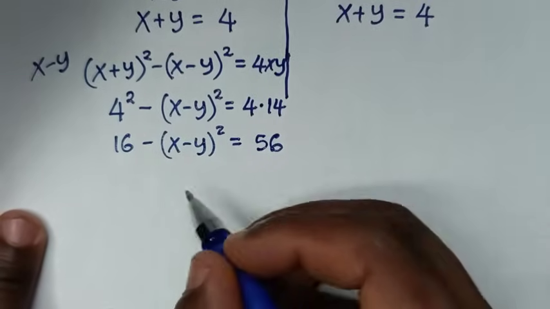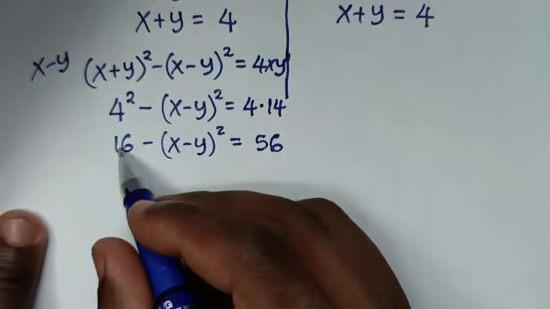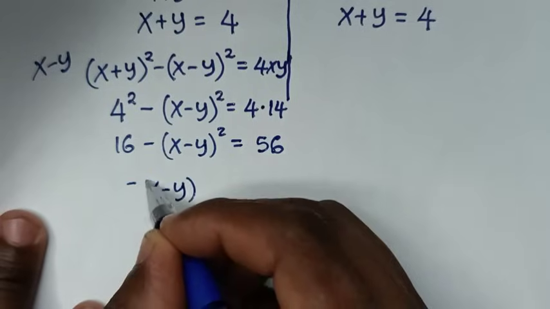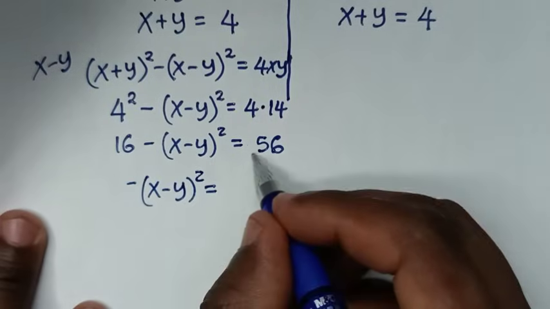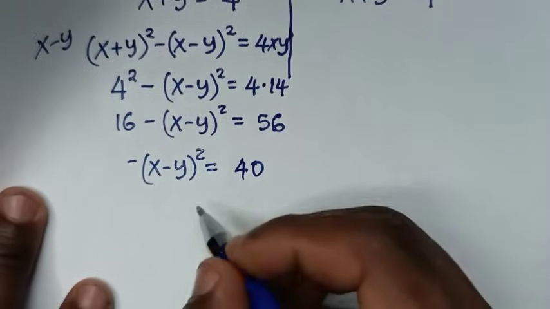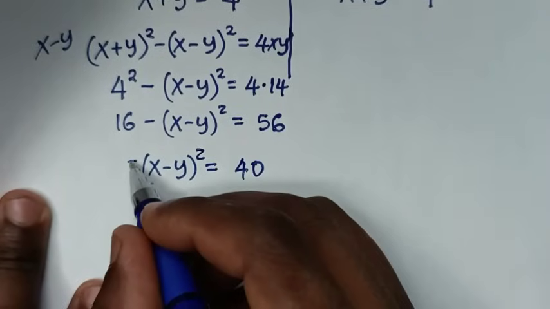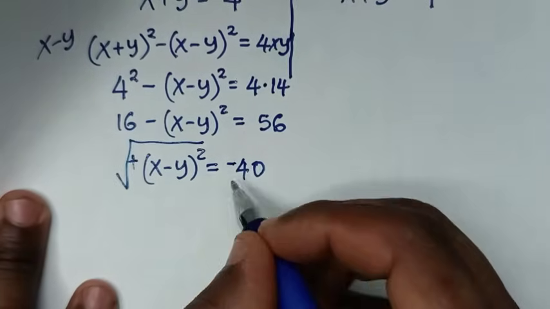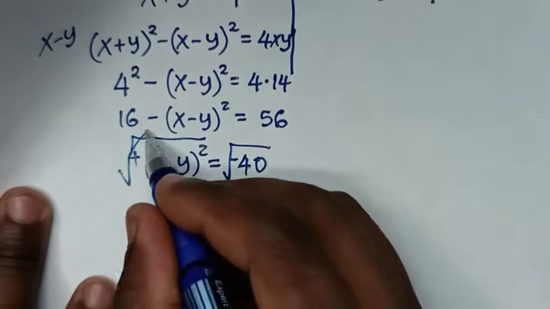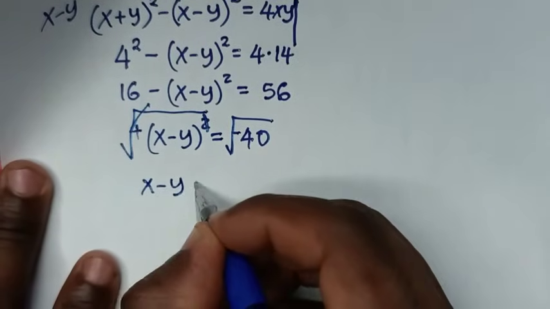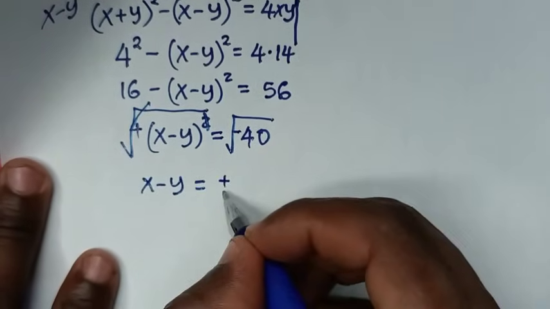Then in here, we'll take this into this side, so it will be minus (x − y) squared is equal to 56 minus 16, which is 40. Then we divide by the negative so it becomes positive, here it will be negative. Then we'll apply square root on both sides, so the square root cancels the square, then it will be x minus y is equal to plus or minus